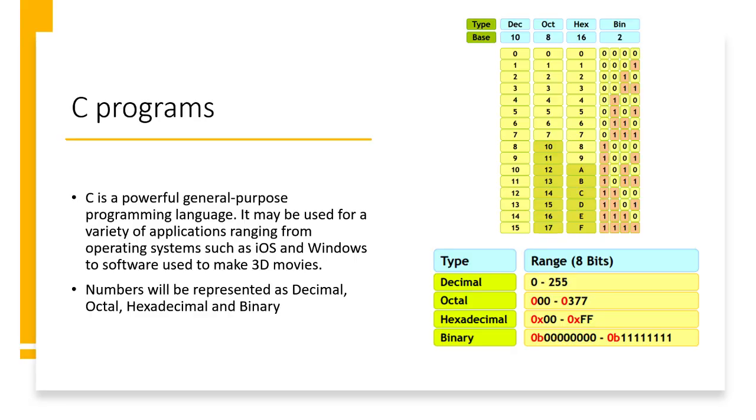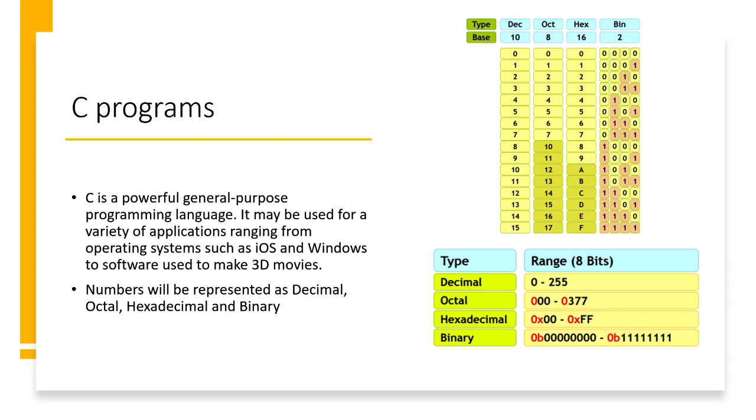First, what is C program? It is a powerful general purpose programming language. It can be used for many different applications, from operating systems like iOS and Windows to software used to make 3D movies. Numbers will be presented as decimal,